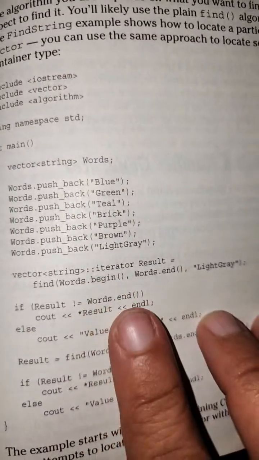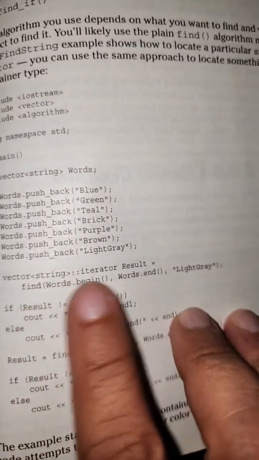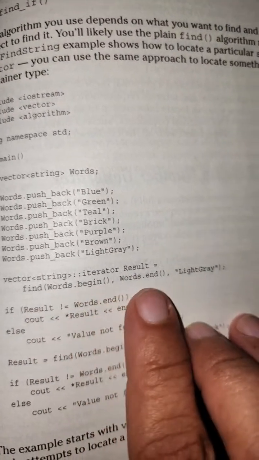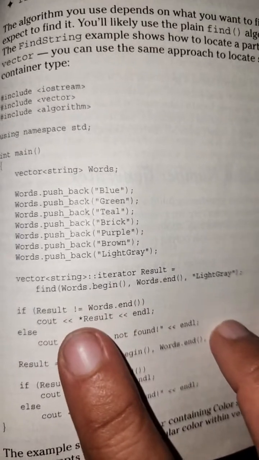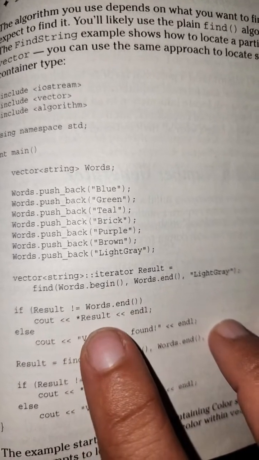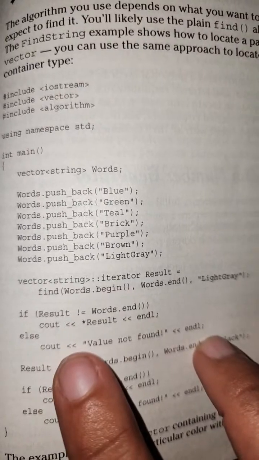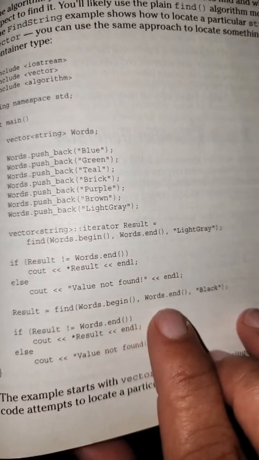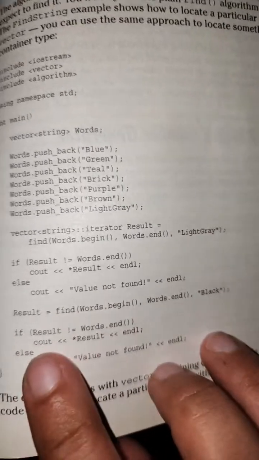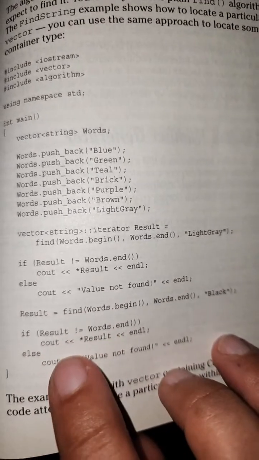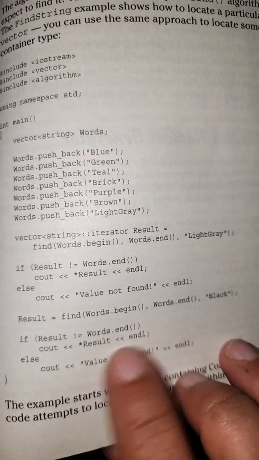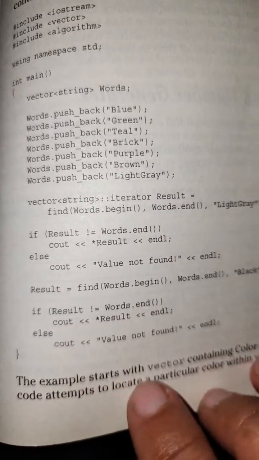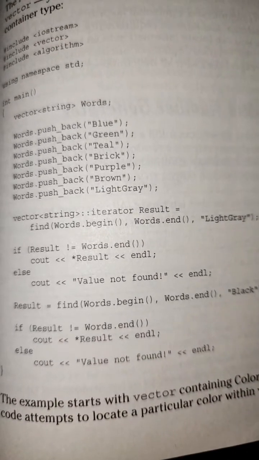Okay, vector string. Vector string colon colon array result equals find words that begin, words that end, light gray. If result does not equal words that end, cout star result, endl, else cout value not found, endl. Result equals find words that begin, words that end, black. If result does not equal words that end, cout star result, endl, else cout value not found, endl. The example starts